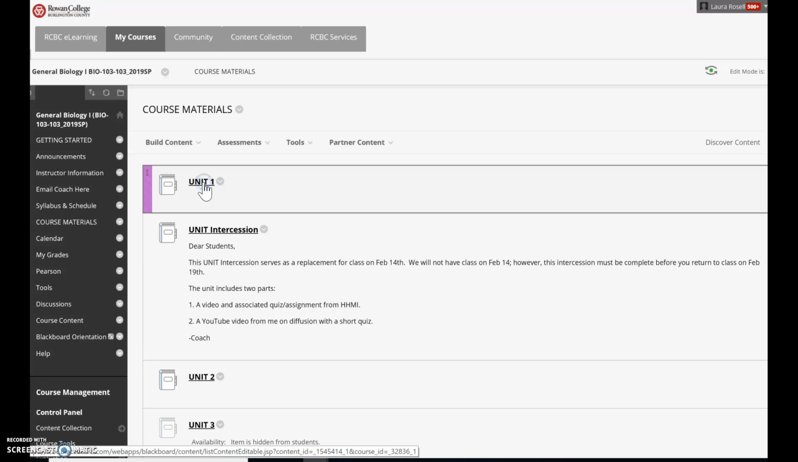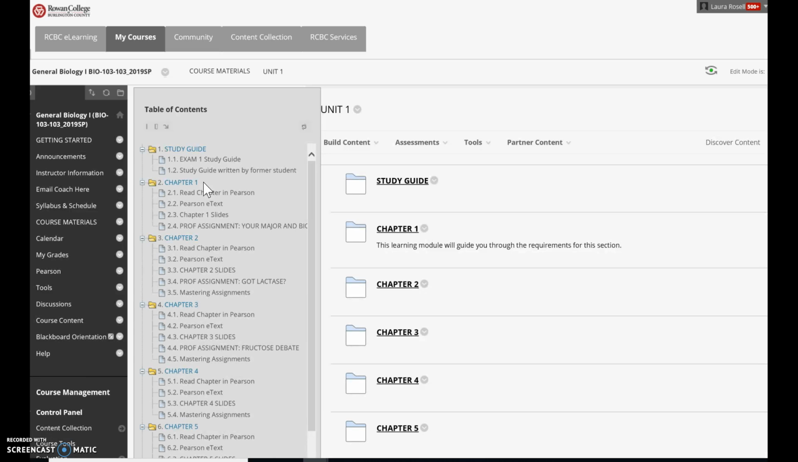So if we look at Unit 1, you can see on the left, or sort of in the middle here, we start out with the study guide and then we move into materials for each chapter. The way these are organized is a link to the chapter in the e-text, the slides that I have that we'll use in class. But as far as assignments go, there are two ways that they show up, and they